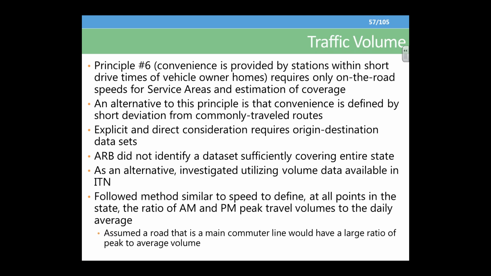As an alternative, and maybe as a surrogate, we thought, okay, well maybe what we can do is we do have volume data. We have volume at the peaks and off the peaks from the ITN data set. So if we apply the same kind of analysis that we did for speed, but use volume, maybe high commuter traffic lanes and high commuter traffic areas might be indicated by areas where your peak volume makes up a much more significant portion of your total daily volume. And so we tried to look at that,